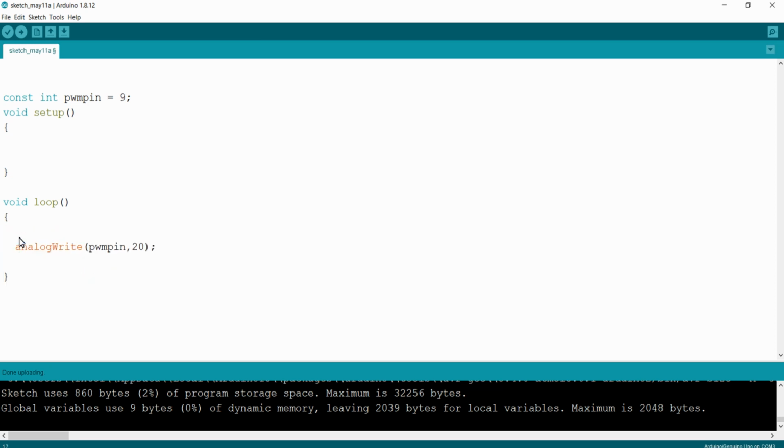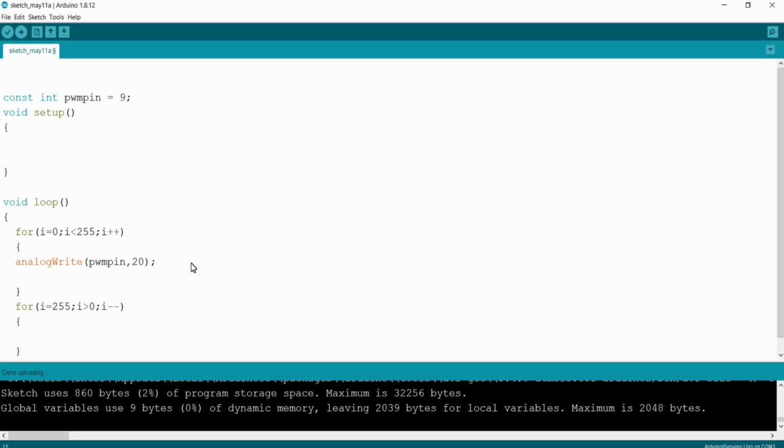Now let's write the logic for varying the brightness of the LED from minimum to maximum and then from maximum to minimum. I'm going to write two loops. The first loop will start from 0 and run till 255, and the second loop will start from 255 and run till 0 in descending order.